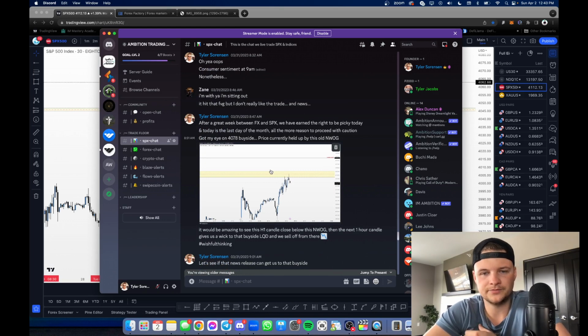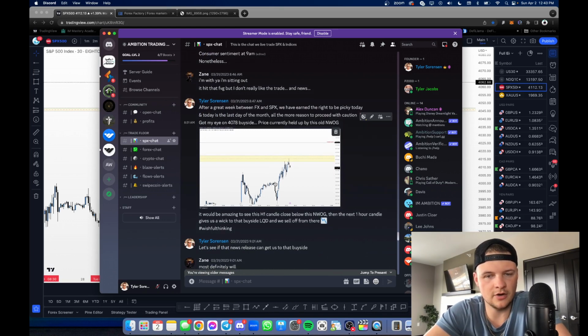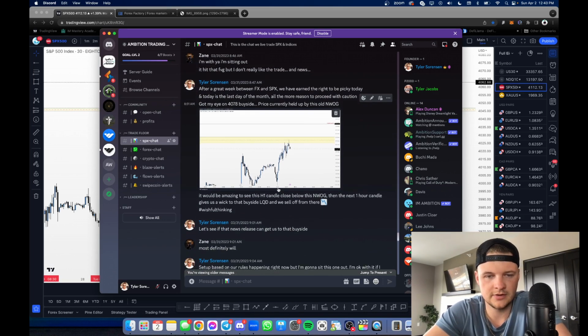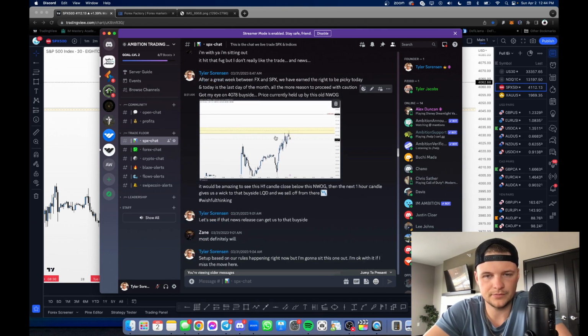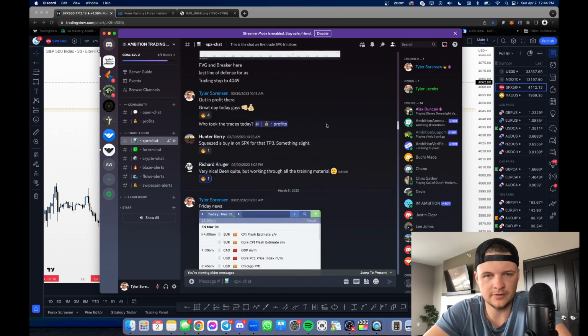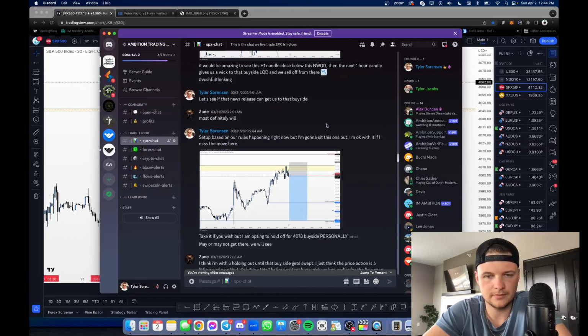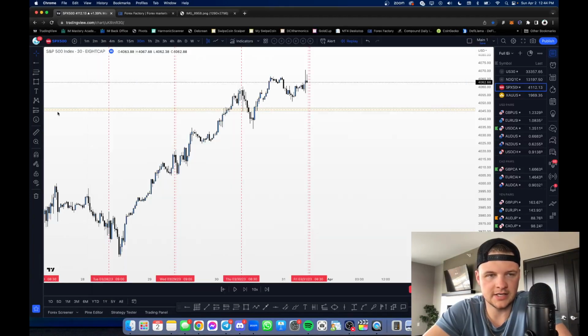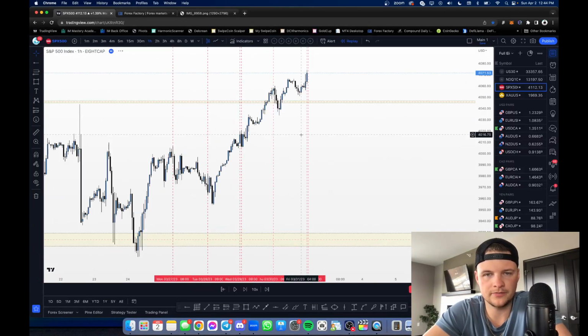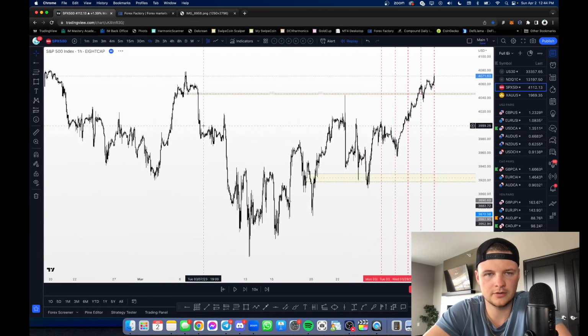So yeah, either way, I was sitting out 30 minutes. And then, just as price is playing out, again, giving my annotations, I still had this buy side marked up. Let's scroll up here. I might have missed something. Nope. Looks like I did have buy side marked up on the 1 hour, if I recall. Yeah, so this was the buy side that I had marked up on the 1 hour time frame.